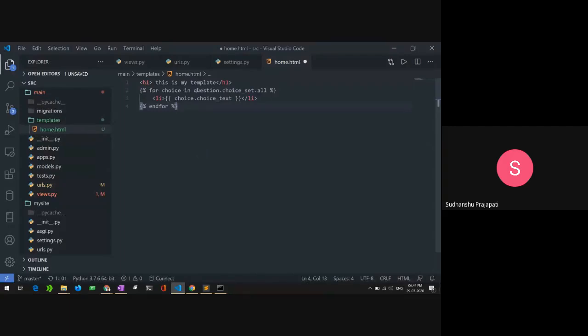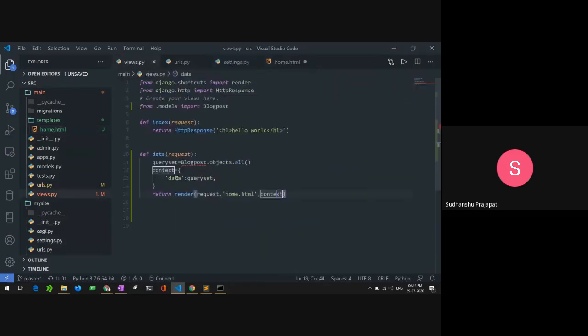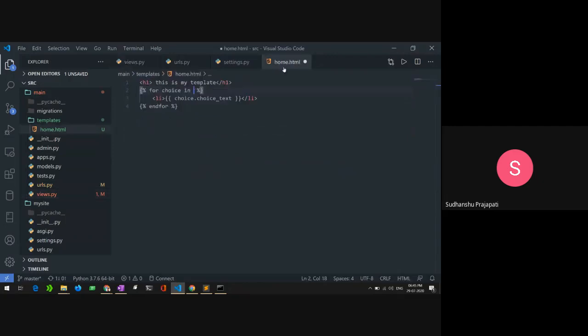I have passed my query set to the key name data. So I have to give it here in data, and that is our iterator variable name of choice, and you can give it anything, not a big deal.